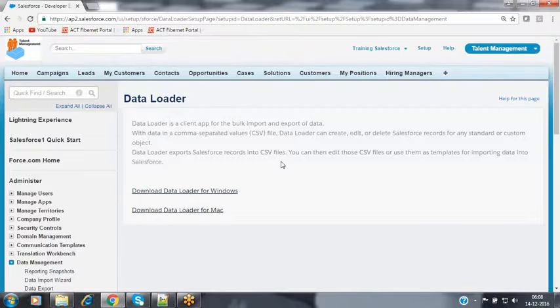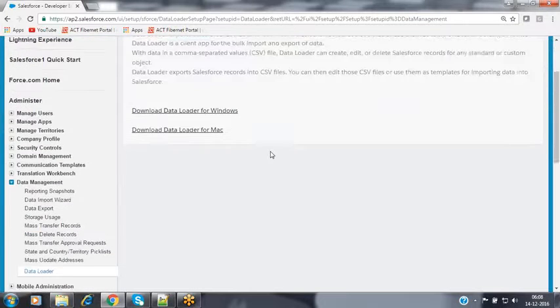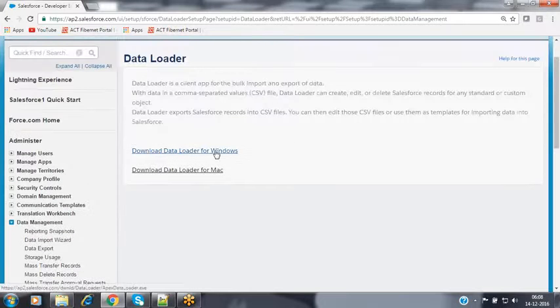It is providing the information that Data Loader is a tool used to perform bulk import and export operations. Now Data Loader has come up with two flavors: Data Loader for Windows and Data Loader for Mac. Depending upon the operating system we currently have on the device, we have to install the associated Data Loader tool on your local system. I have the Windows operating system, so I'm installing the Windows-supported Data Loader. Click on that link, and automatically Data Loader will be installed on your local device.